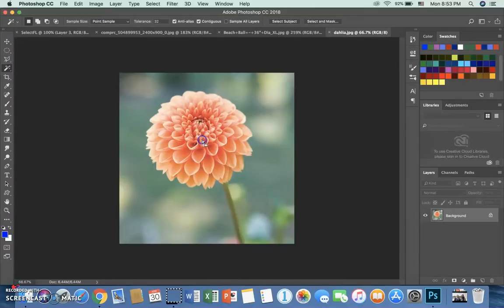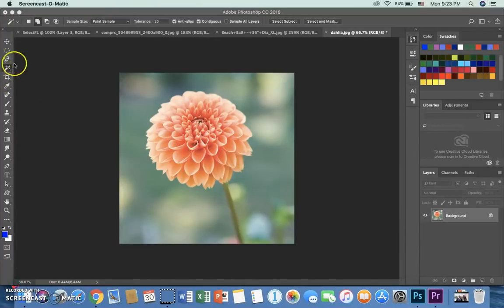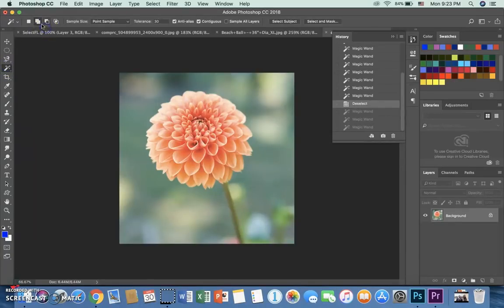The magic wand uses color. And the first thing you want to do is move to the option to add. That's the two squares that look like they're kind of merged together. The first option will only give you one selection. This one will let you add multiple selections. So click that second option on the control bar of the magic wand tool. Okay. And I like to use this tool more to select backgrounds or solid colors,